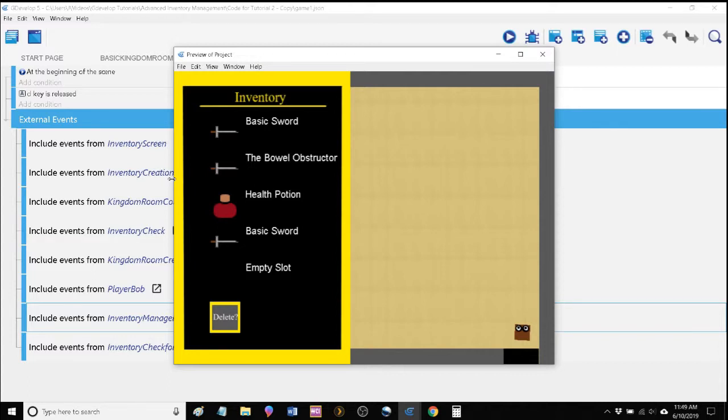In the previous tutorial, we started working on moving our inventory container to a single select as opposed to multi-select inventory screen. And we created this delete button on our screen as well. But now we want to start working on creating some functionality for this delete button. All right, so the first thing we're going to do